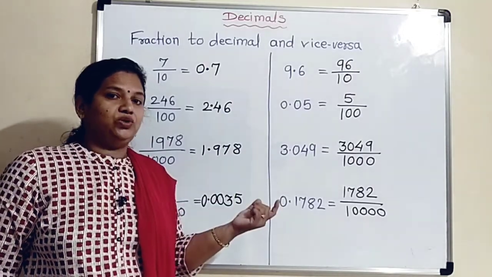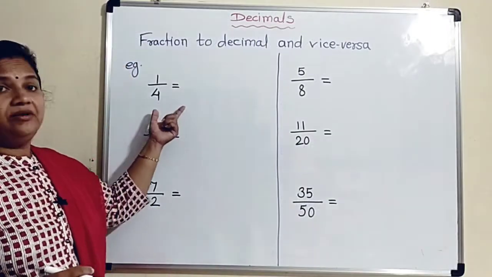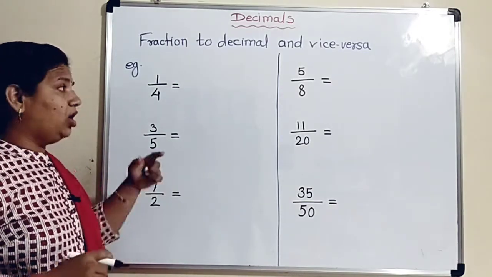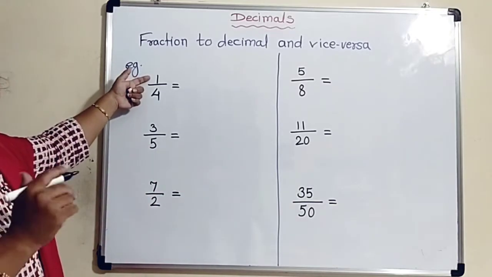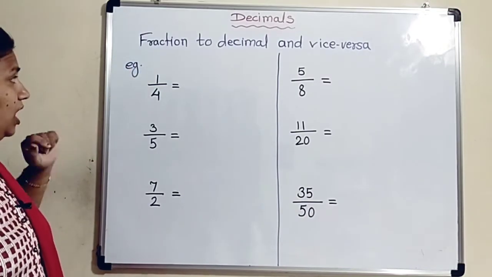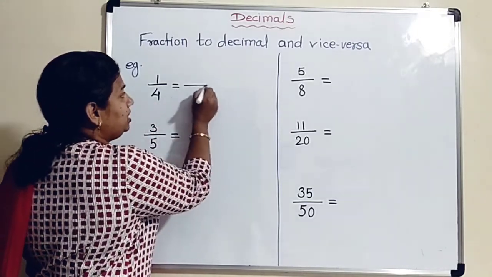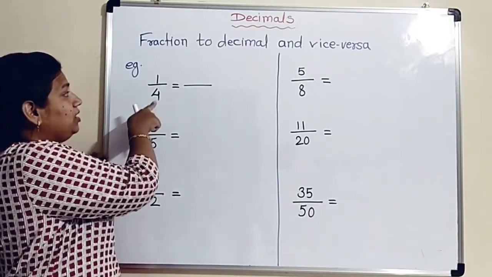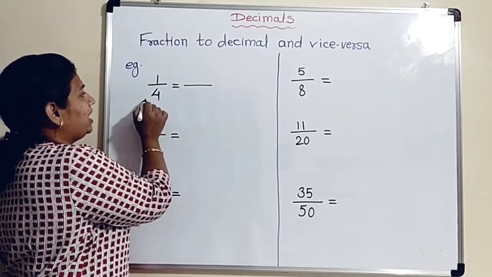Now if the fractions do not have 10, 100, 1000 in the denominator, then how to convert those fractions we will learn. Here there are some fractions which do not have denominators 10, 100 and 1000, or powers of 10. But we can convert them into decimal numbers. Here the fraction is 1/4. We have to check, can we convert 4 into a denominator of either 10, 100 or 1000. So we have to check whether 4 is a factor of any such number. I know that 4 is a factor of 100.